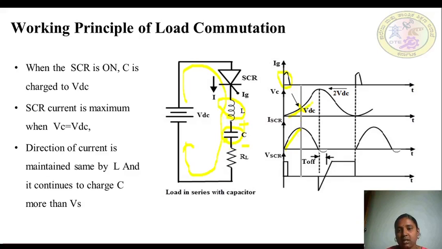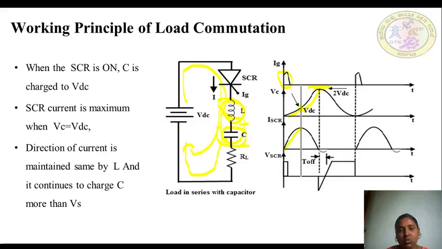This is the capacitor which is going to charge to 2 times the DC voltage. How is it 2 times the DC voltage? This is the initial voltage, charged through the DC supply. Then the extra VDC is charged by the inductor. This voltage plus the already present voltage, both add together across the capacitor, and the capacitor voltage becomes 2 times the supply voltage. So once the capacitor has been charged to 2 times the supply voltage, then automatically the current through the